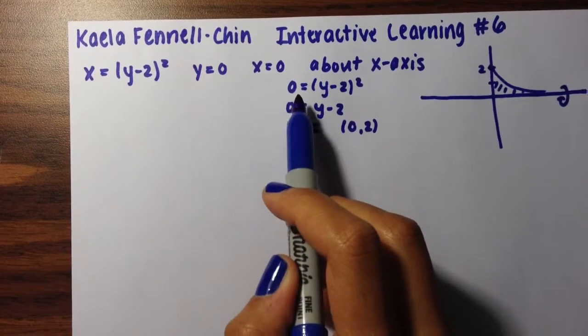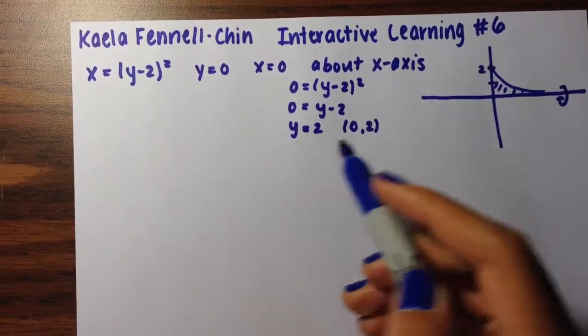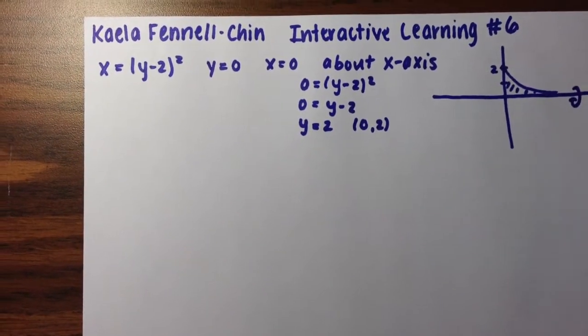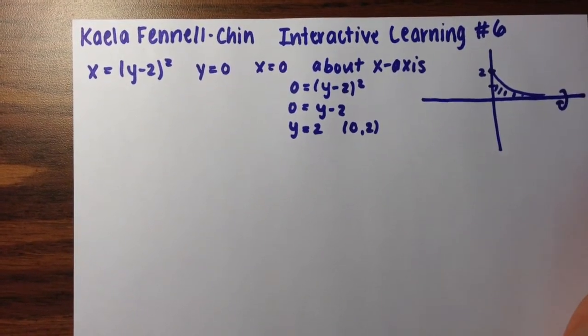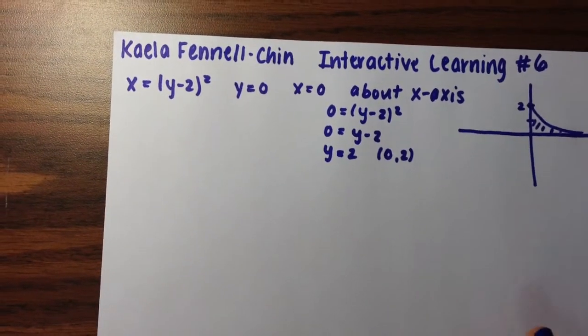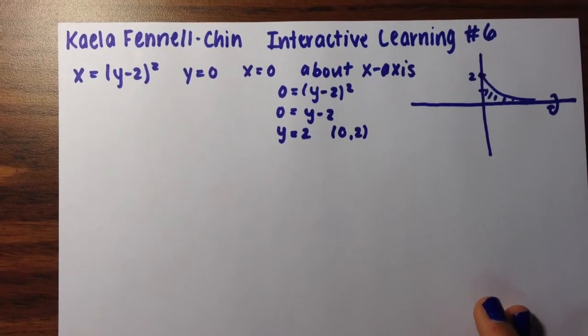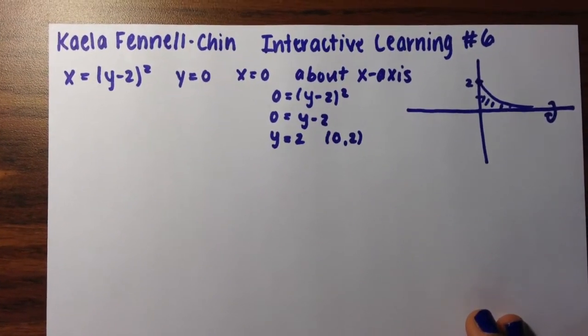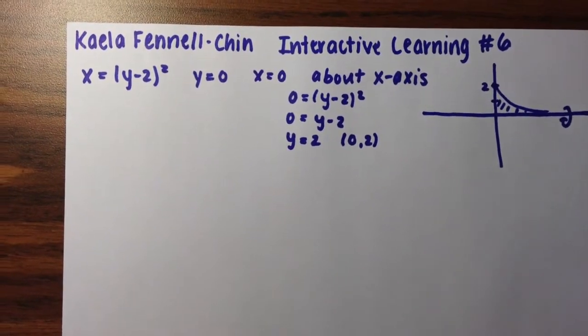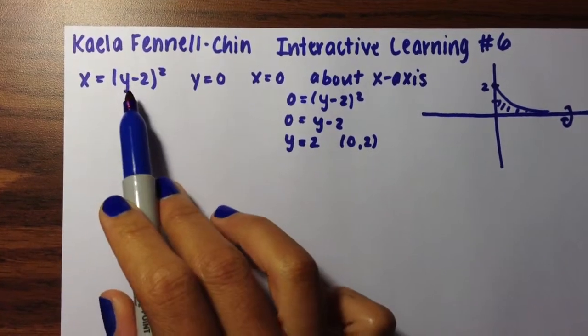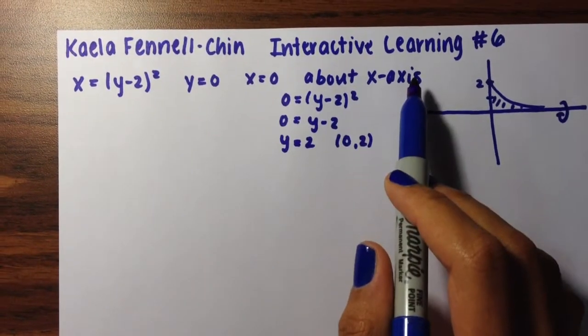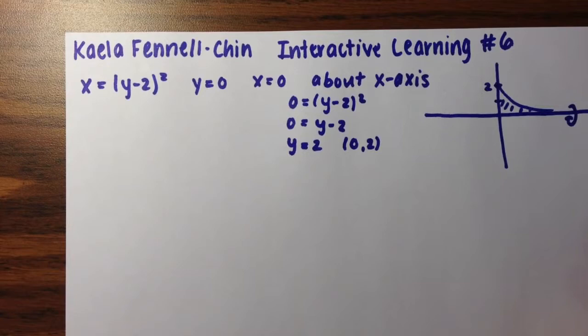When I plug in 0 for x, we find out that y is 2. So I just plot this point right here. And I just drew a graph because it's kind of a parabola, a sideways parabola, since it's an inverse function. So now, since we have our function in terms of y, but they want us to revolve it around the x, we know we're going to use our shell method